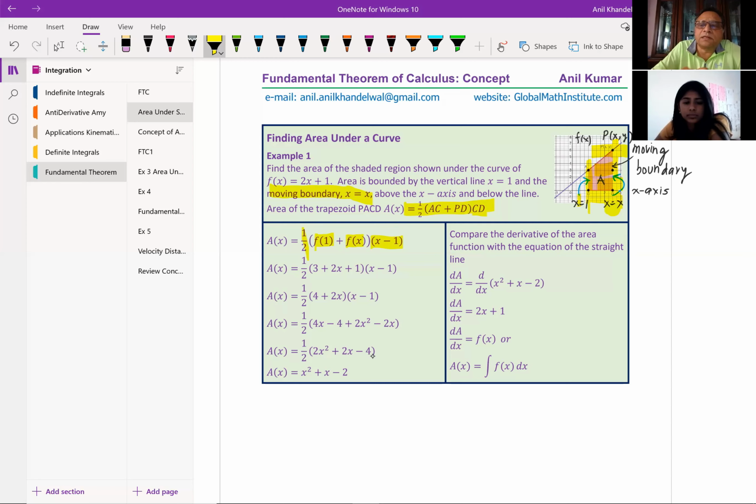So is this formula clear and how it is applied? Yeah, makes sense. Okay. Now, if I substitute 1 in the equation of the line, which is f of x equals 2x plus 1, I get this value. So substituting 1 in this particular thing,